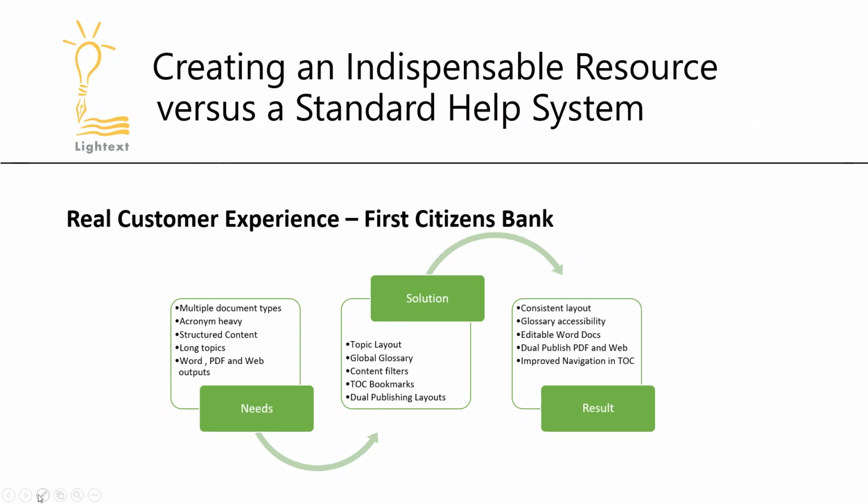content. First Citizens Bank, we manage their commercial risk manual, and there are a lot of document types, procedures, standards, policies, extremely acronym heavy. They're very long topics, and they require Word, PDF, and web outputs, and they all have to look perfect. So our solution for them was a very good topic layout, a global glossary to handle the acronyms,